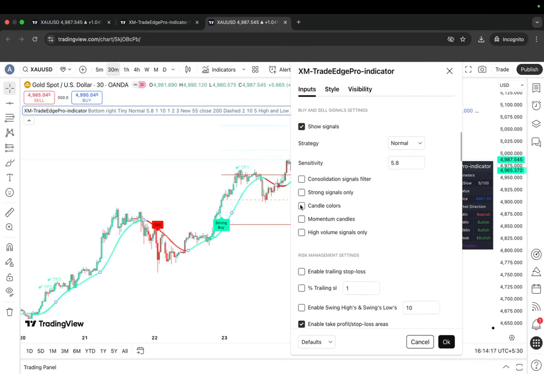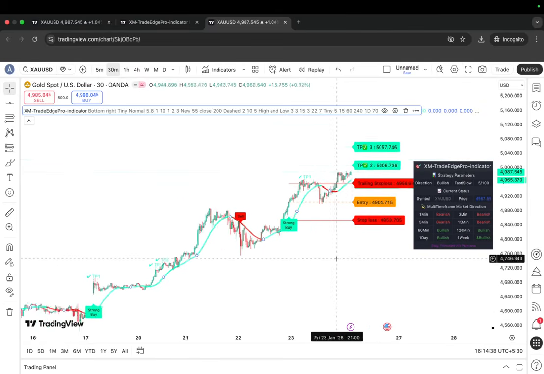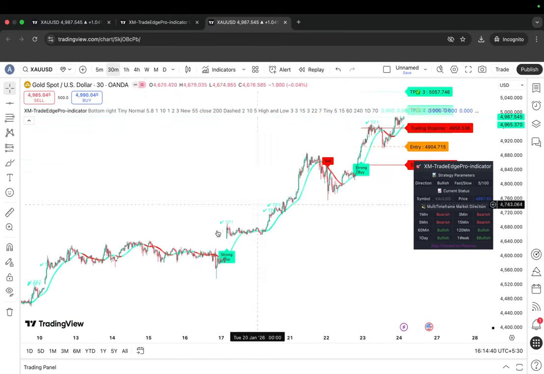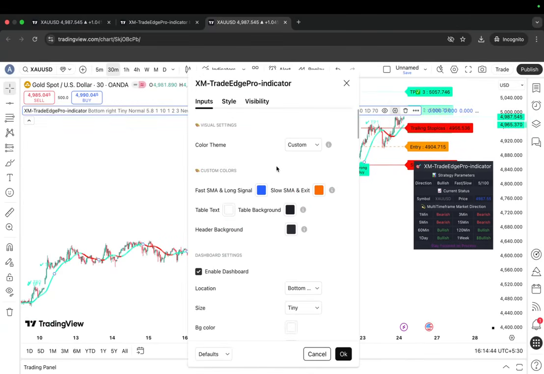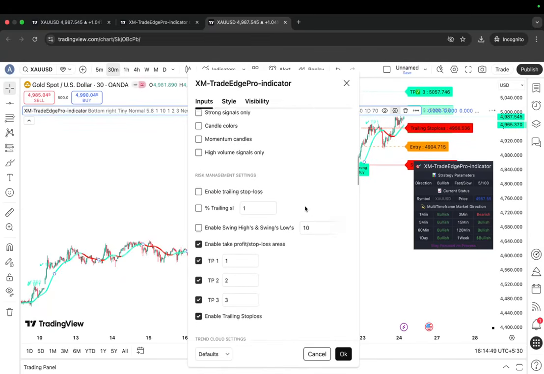Now if you want to change the candle color, you can do this. If you want to see momentum signals, you can do candles. You can check on this, click OK, and momentum signals will appear like this. But the consolidation signal filter is important. You can keep the consolidation signal filter on, which will help you identify if there is any consolidation happening. But since this indicator is self-sufficient to provide strong buy or strong sell signals,